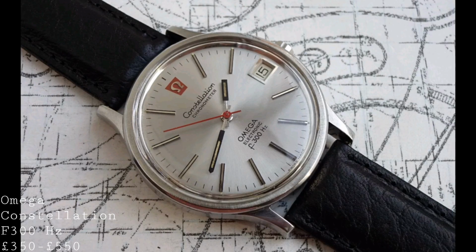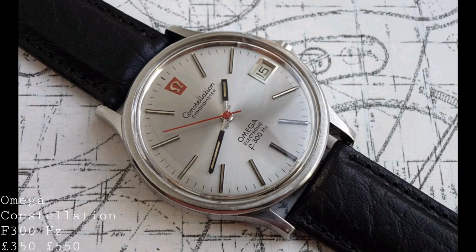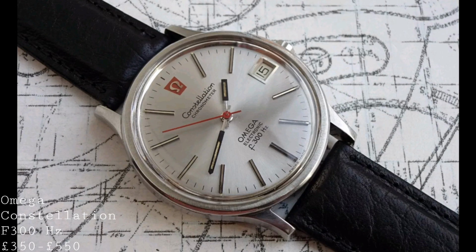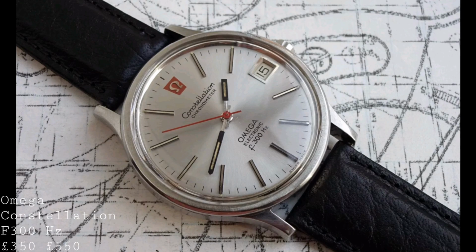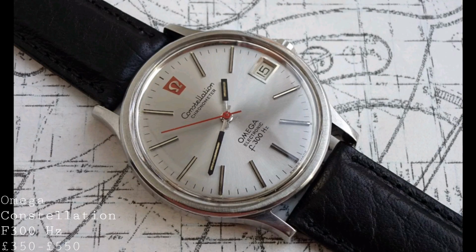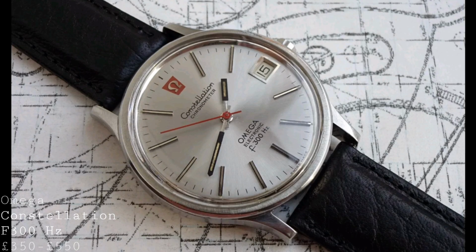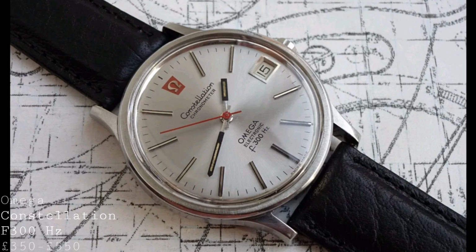Now generally the colour scheme of these watches is very monochromatic, apart from little touches of red on the dial theme. So one has a simple steel case, or on some versions a gold-plated case. But the one benefit of these watches is the fact that if you do choose to go for a gold-plated version, which is probably going to be around the same price point as the equivalent steel version, the wear on